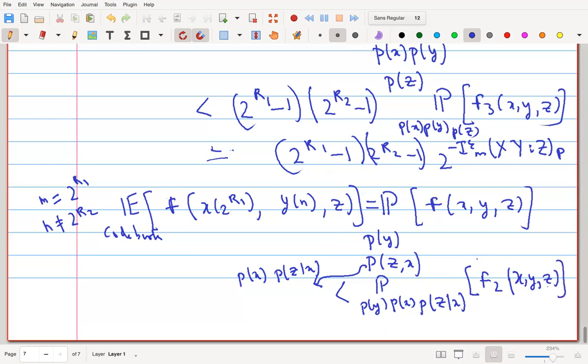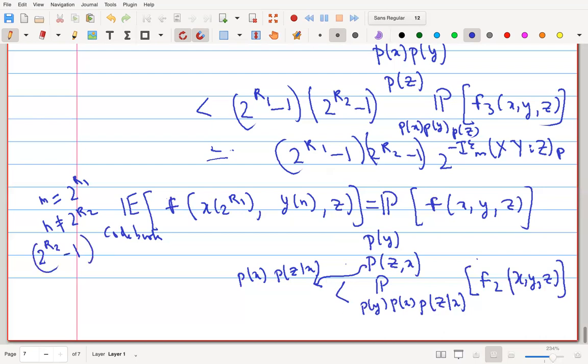So F was the point was minimum, so it's less than F2. And remember, F2 was the hypothesis test between the full joint distribution, and the negative hypothesis was precisely what we have out. So yeah, and of course the number of such guys, I'll write it somewhere. So how many guys are there? So this is 2 to the R2 minus 1 such candidates.